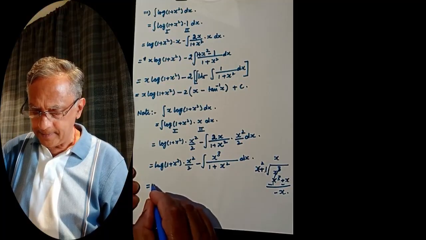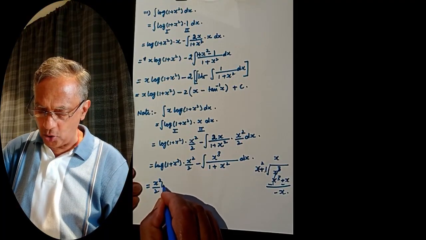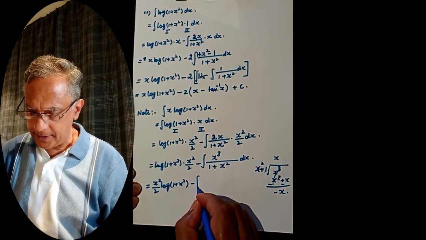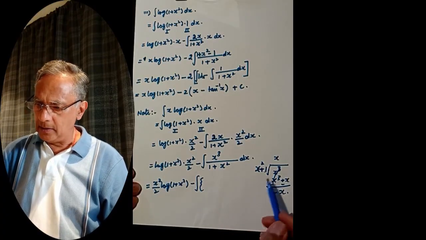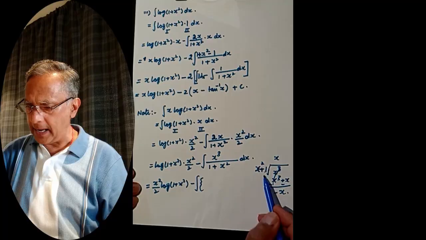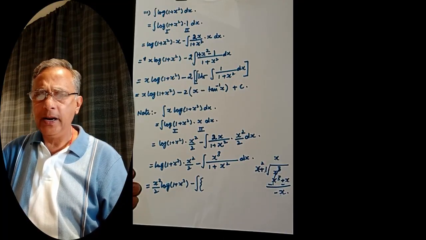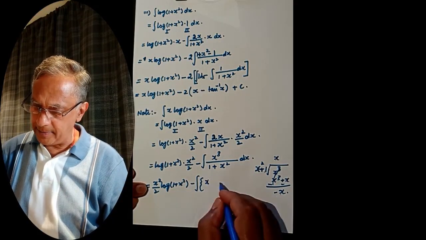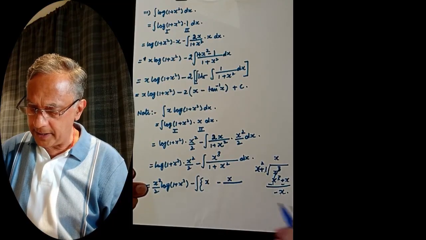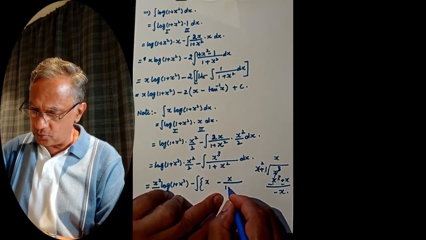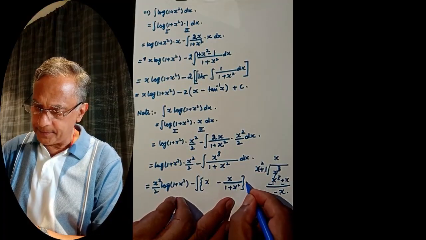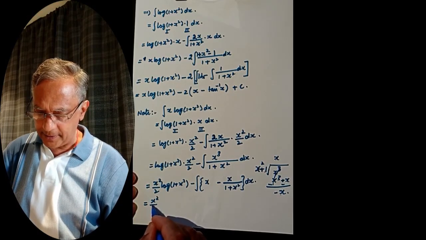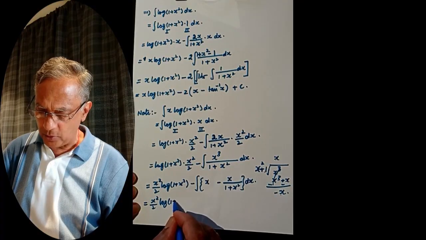So we can write this as x square by 2 log of 1 plus x square minus integral of, now x cube over 1 plus x square can be written as quotient plus remainder over denominator. Quotient is x plus remainder. Remainder is minus x. Remainder over denominator. Denominator is 1 plus x square dx. Now this can be written as x square by 2 log of 1 plus x square